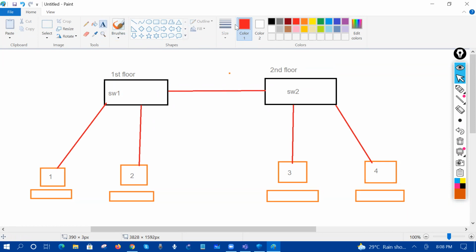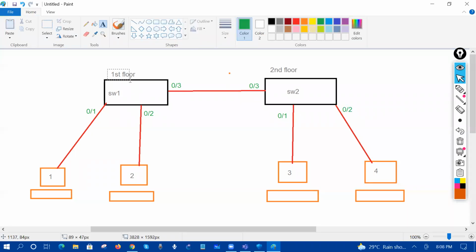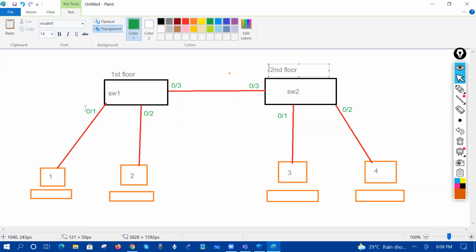By default, as we know, we have a single VLAN on a switch side. So 0/1 and 0/2, 0/3, right? This is 0/3 now. 0/1, 0/2. All good. So this is the first floor we have. This is the second floor we have. This is switch one, 0/3, 0/1, 0/2. All good. And by default, right, switch has